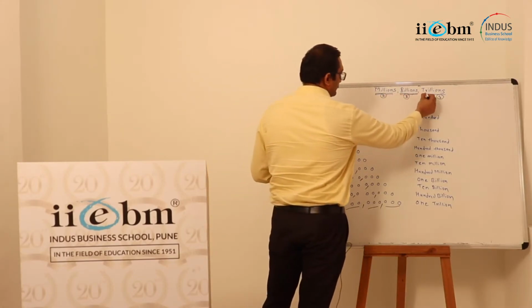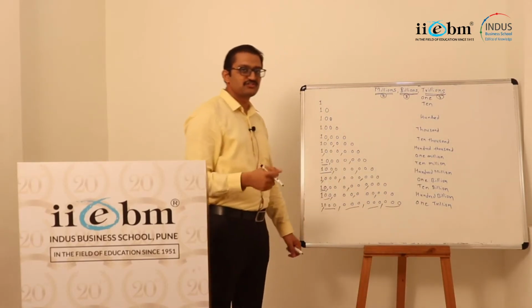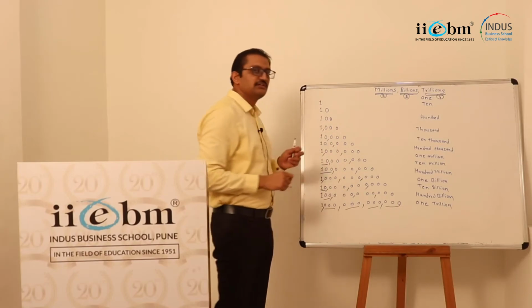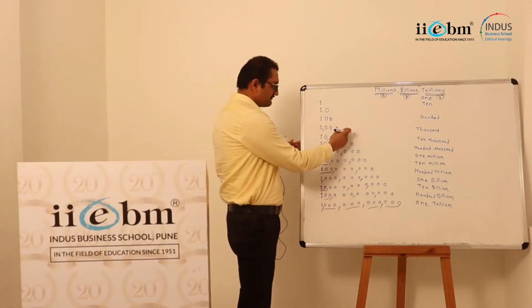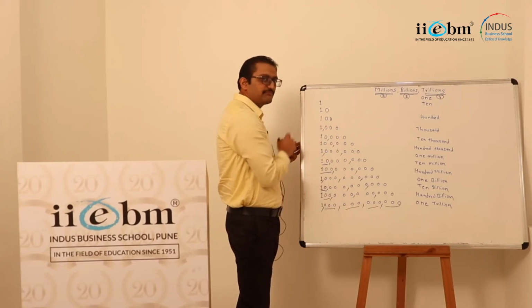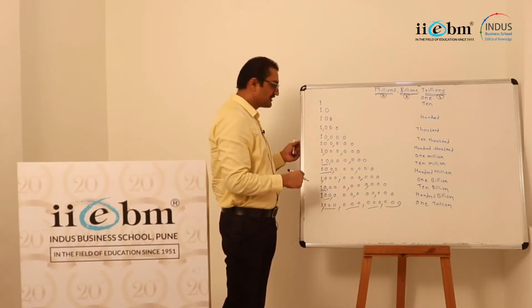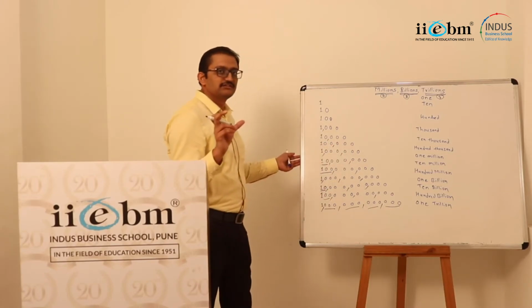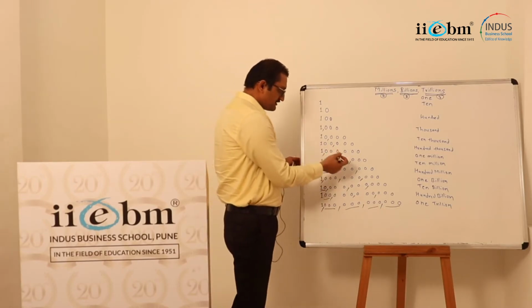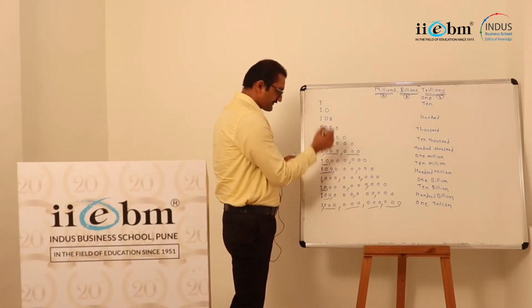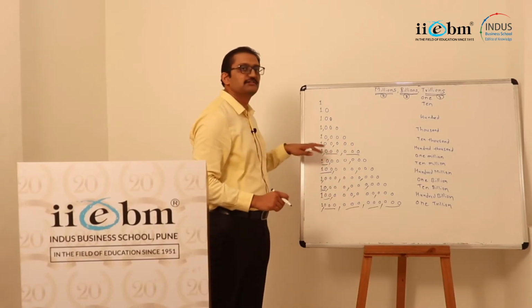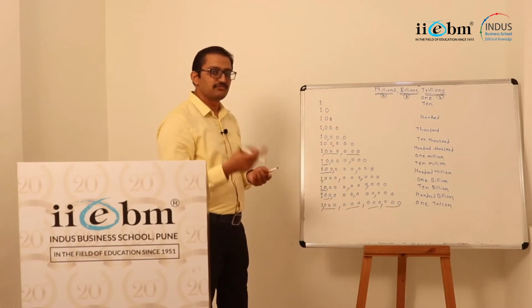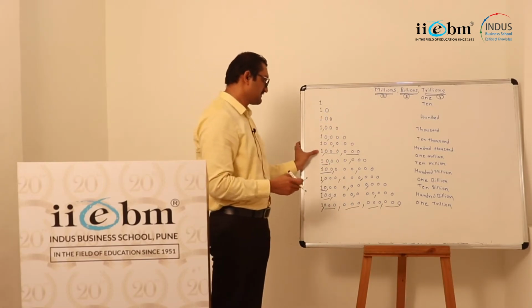So how can we identify whether a number is in millions, billions or trillions? Basically what we do is group the digits starting from the end, coming back to the initial digit of the number, and as we go along, we form groups of 3 digits and place a comma. Based on how many periods or commas are in the number, we can say whether the number is in millions, billions or trillions.